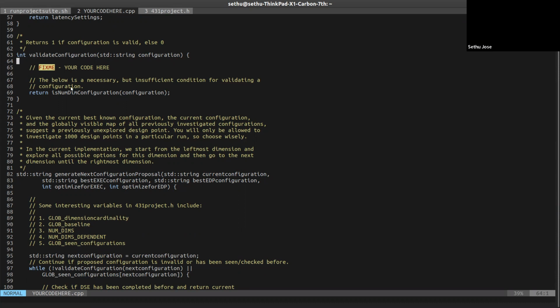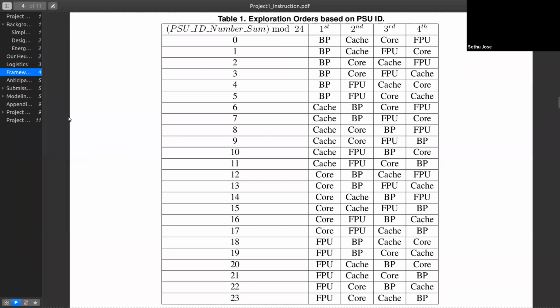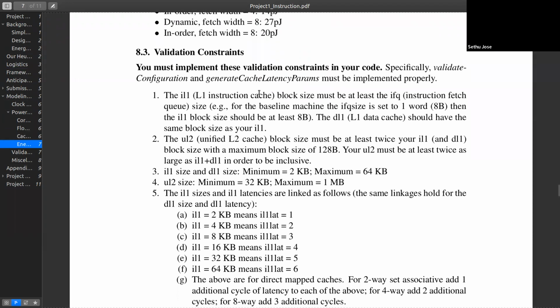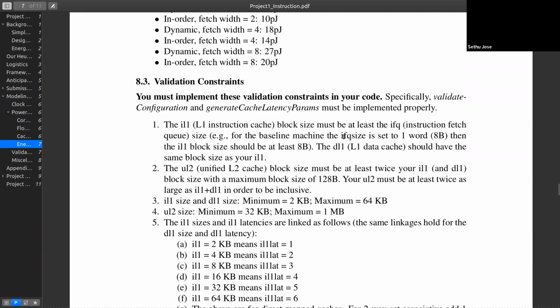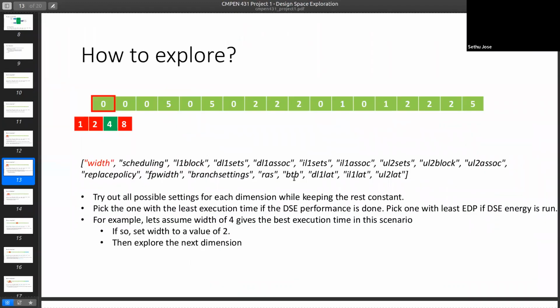Apart from this, you may also want to validate your configuration based on some criteria that is mentioned in the project report. Let me just open that quickly. Yeah, it's here, in 8.3, I believe. So validation constraints are mentioned here, and you need to make sure that all these constraints are met. So you may want to take care of that as well